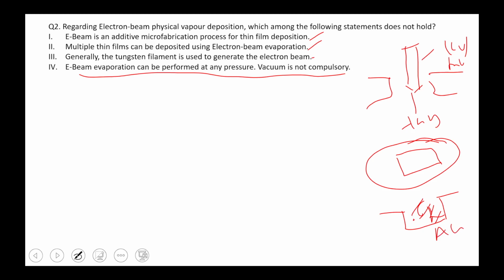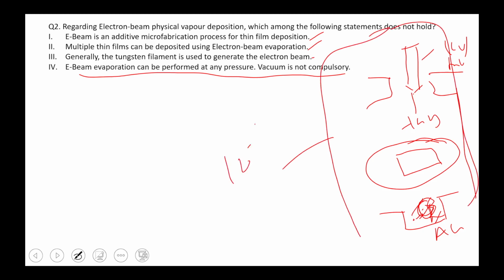What will happen is that the gun's electrons will strike that metal and melt it. Is it a positive ion or negative ion beam that strikes? Yes, ions. There is a vacuum in this chamber. The chamber will be at a vacuum of around 10 to the power minus 6 or 10 to the power minus 7